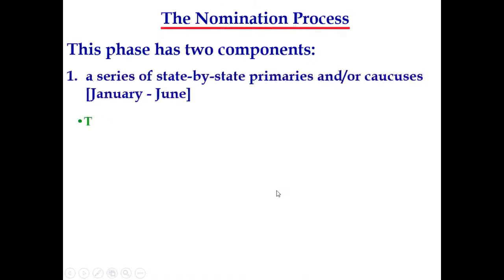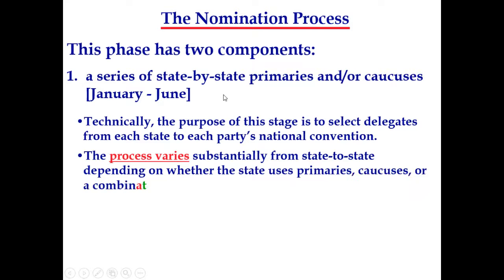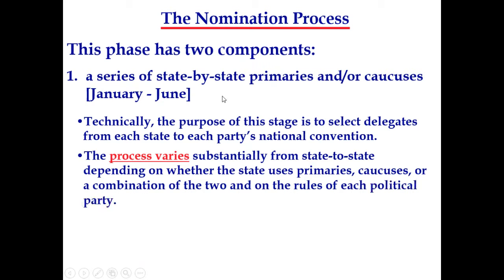All right? Now, we went through some detail here last time. This nomination process, the first phase, I think it's handy to think about as having two components. The first is the series of state-by-state primaries and caucuses. We distinguished last time between primaries and caucuses, so I'm not going to do that again. We noted that it varies substantially from state to state, from one presidential election year to the next, and between the political parties. All right? So it's really difficult to say a whole lot of a general nature, except for the major point,